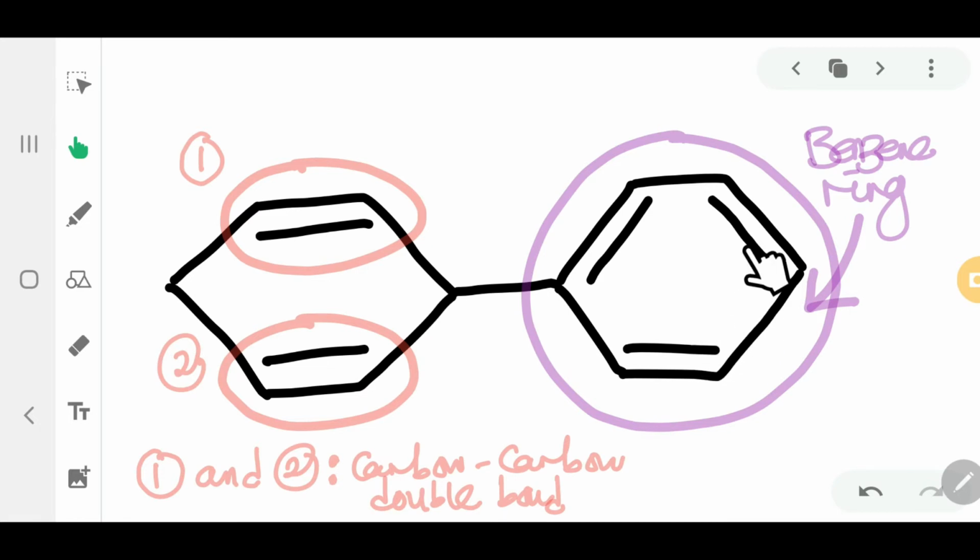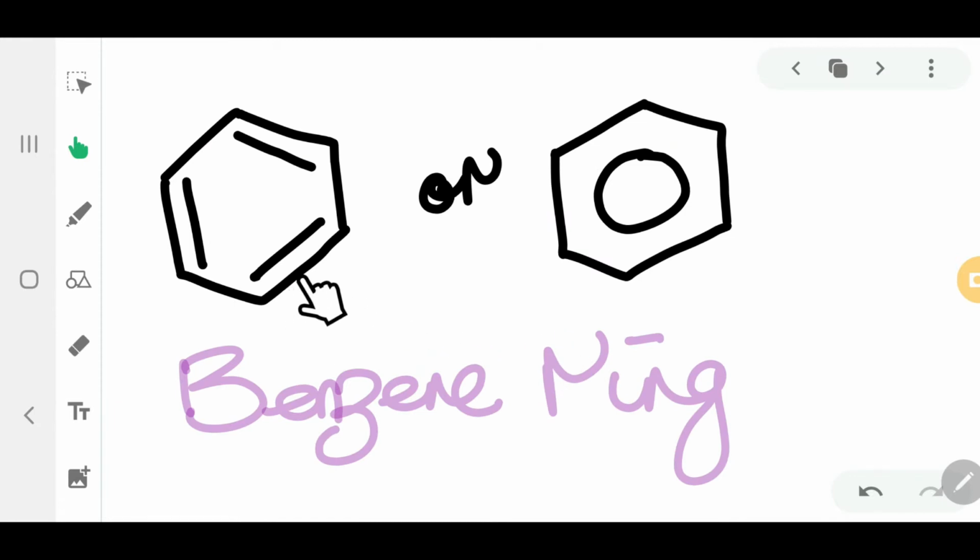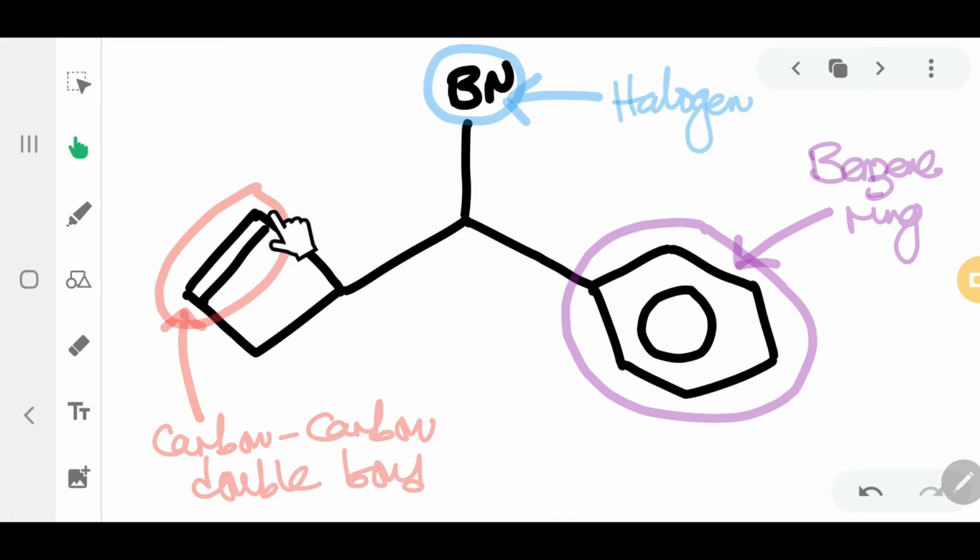And you will learn more about benzene ring later on in the video for aromatic compound. So this one is called benzene ring. Benzene ring can be drawn in this format or in this format. Both are benzene ring, just that the way they are drawn is different on paper. Another carbon-carbon double bond,